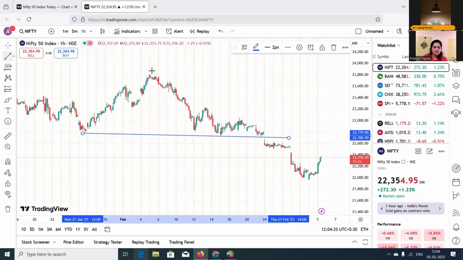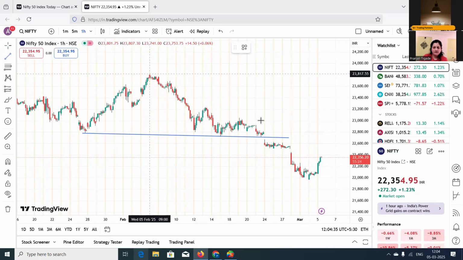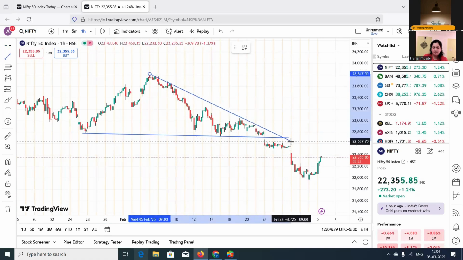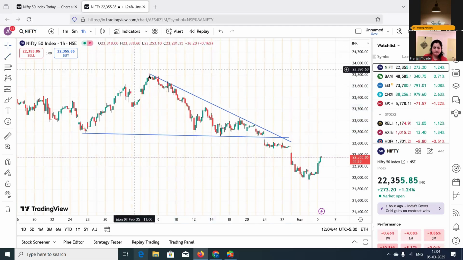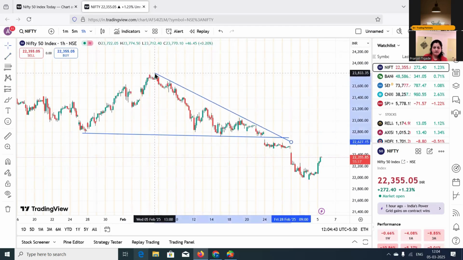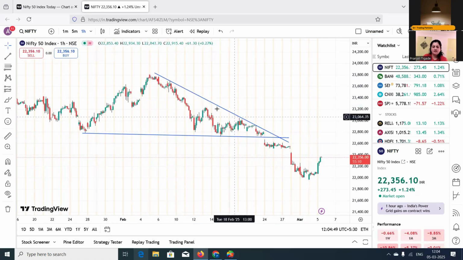And here, if I connect the highs of the candlesticks, then basically this trend line is my resistance trend line. Okay. And this trend line is my support trend line.